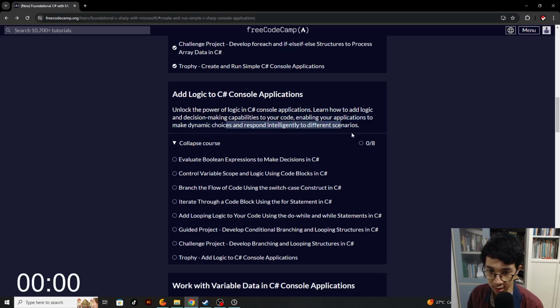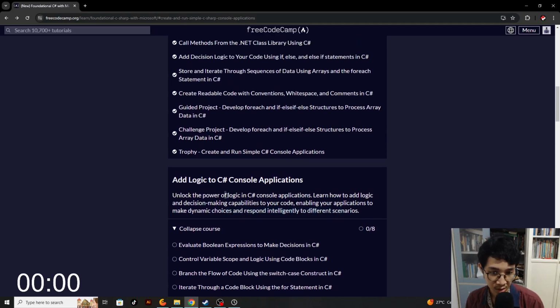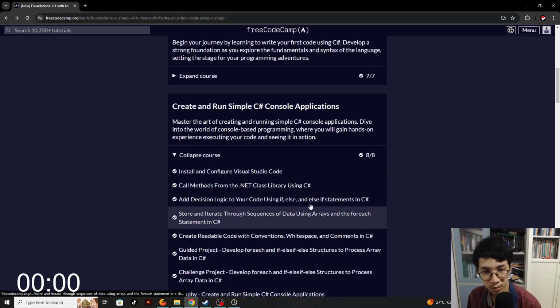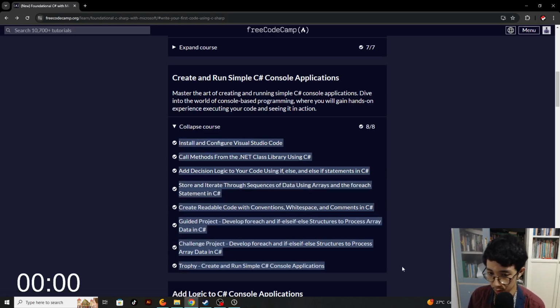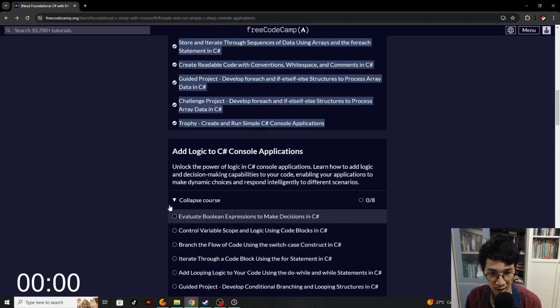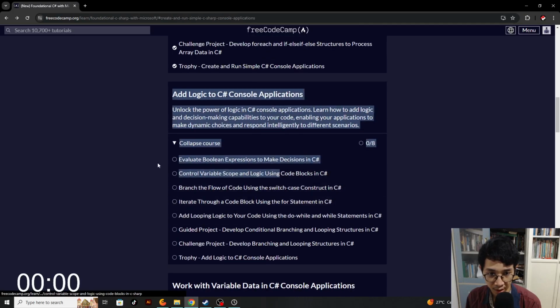intelligently to different scenarios. I see there's going to be an advancement of logic, where we're going to extend our knowledge about what kind of logic is available here, and about decision-making and so on. Unlike in part 2, where I have already learned some logic, but it's very little, not as much as in part 3. Like you can see,